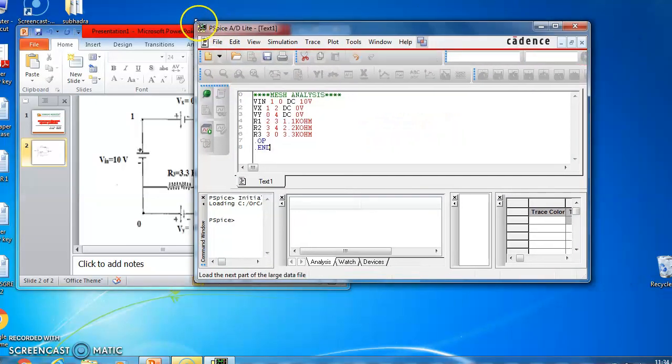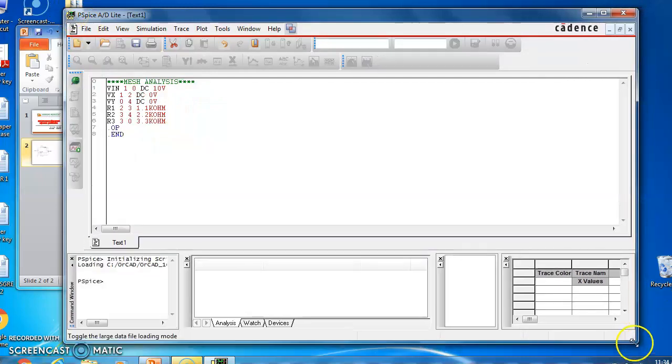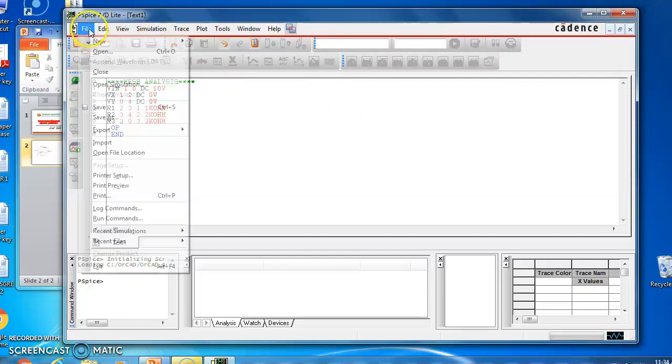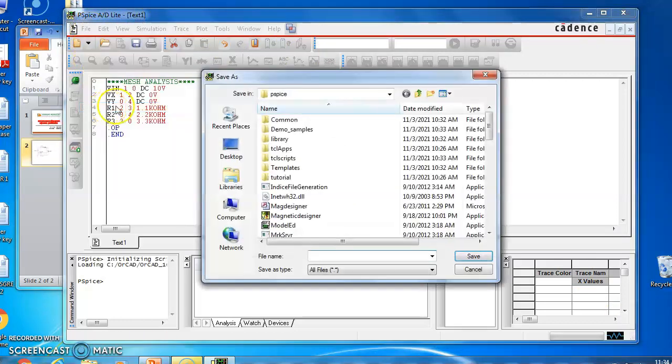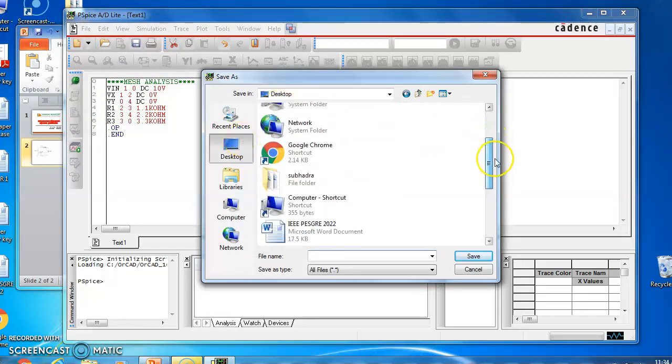Once it is completed, I simply save the file. Till now, your window shows only text one, because I haven't saved the file. You may create a separate folder or save on the desktop, wherever you want.